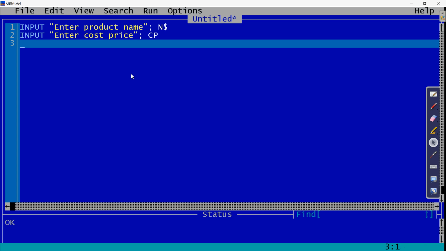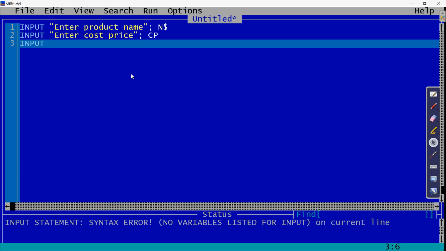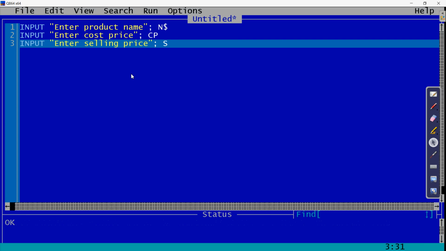Then in the next line, let us take the selling price. So input, enter selling price. Whatever message you want, we can write in the double quotes, and here let us save the selling price in a variable, that is SP.